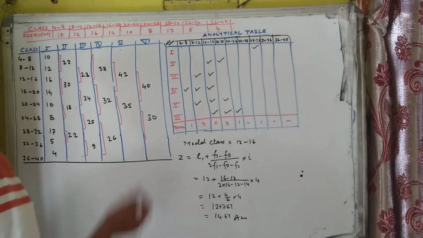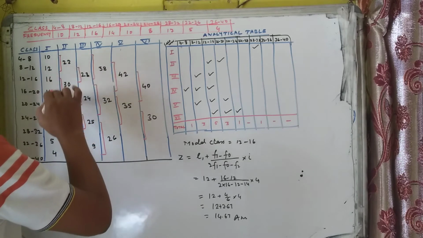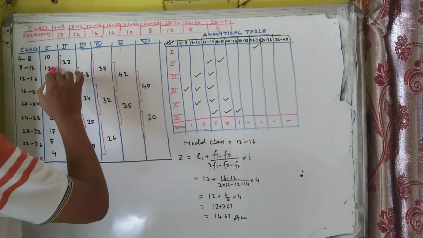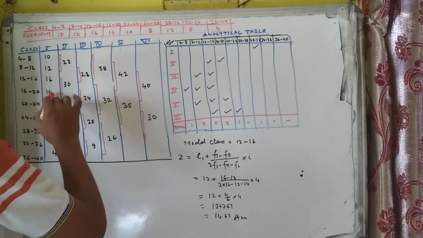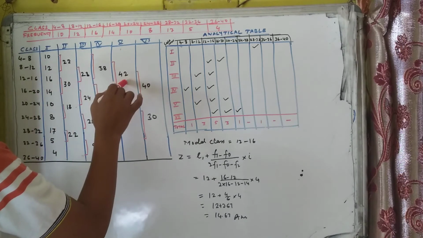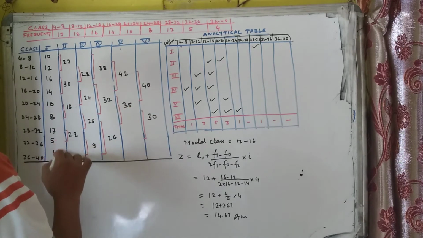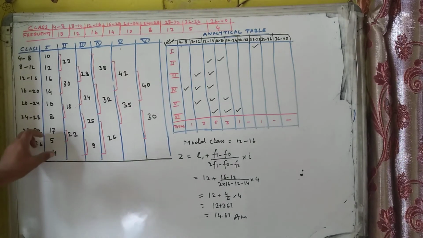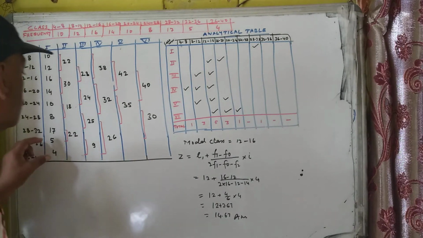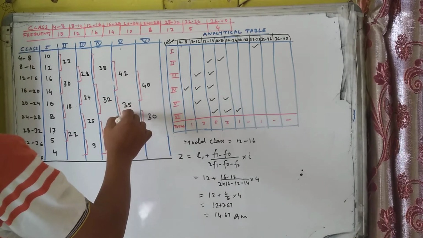In the next one, leave the first frequency and take the next three frequencies together: 12, 16 and 14 gives 42. Next 10, 8, 17 gives 35. Two frequencies remain, so we do nothing with them because the group of 3 is not completed. So 42 and 35 we got here.